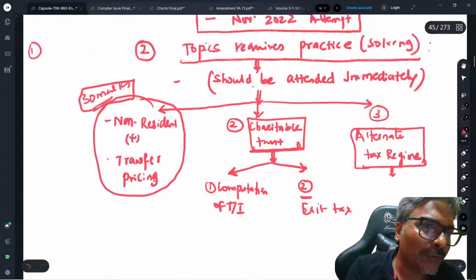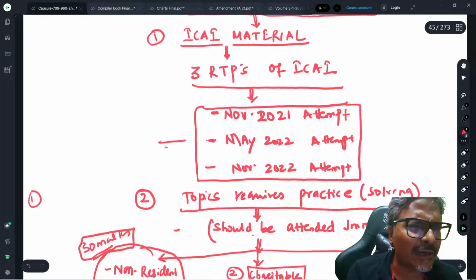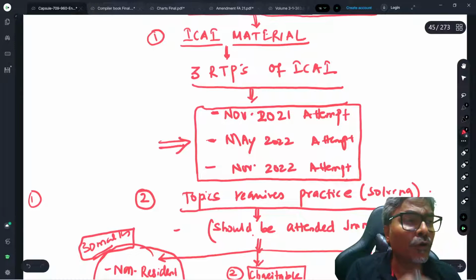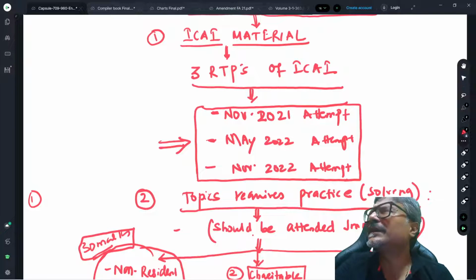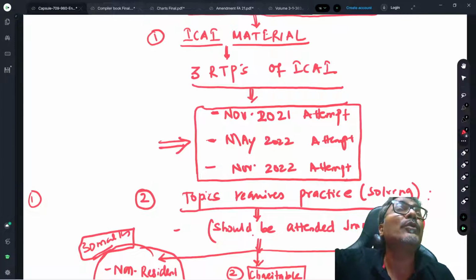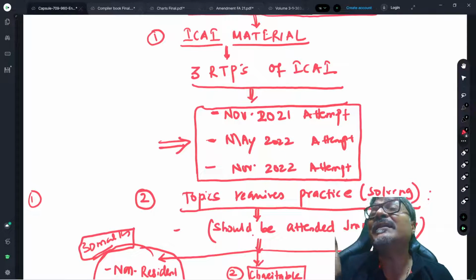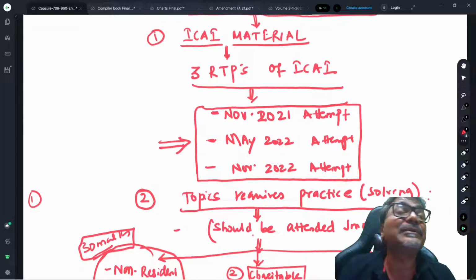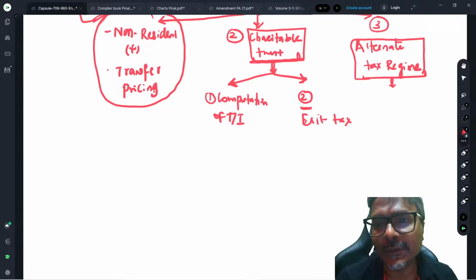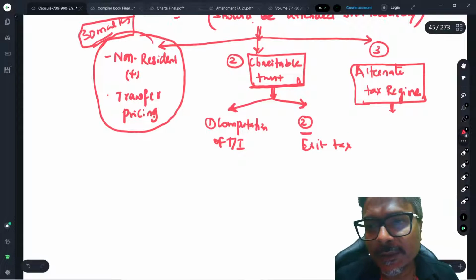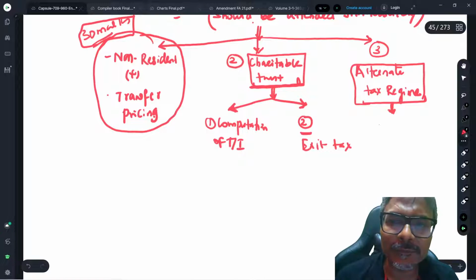However, when it comes to solving alternate tax, you will solve it in the RTP. In this 3 RTP, what I have already mentioned to all of you, you will be solving the alternate tax. आपको इसके MCQs मिलेंगे. You will also get the case studies. Those things you will get. But as I told you, the recent trend is also about the total income and the tax liability. Students, please take note of this part which I am telling all of you. You will do this in alternate tax regime apart from the materials that you have referred.